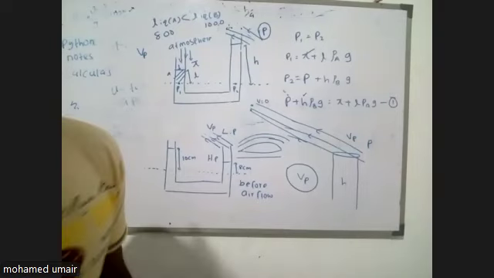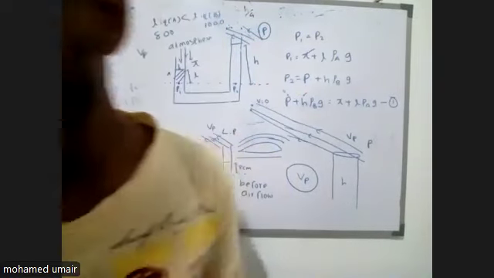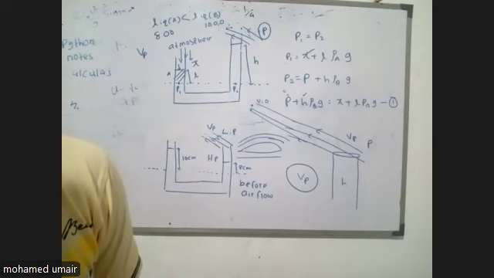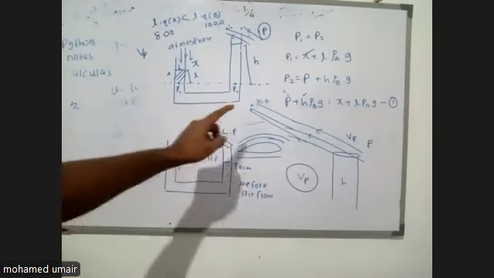So if the velocity is 0, what can you say about the pressure at that point? In here it was Vp,